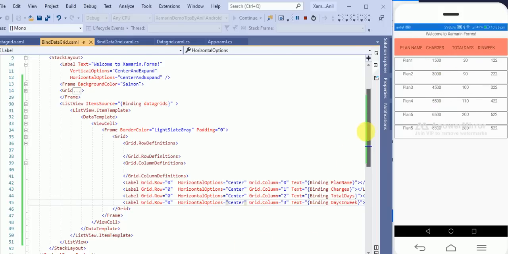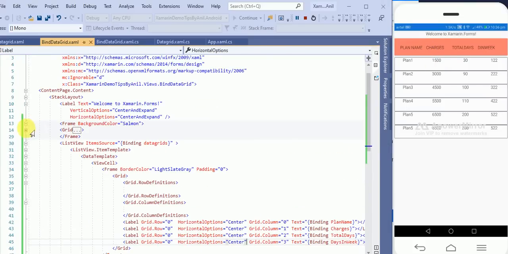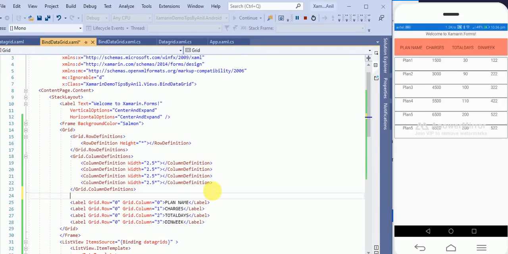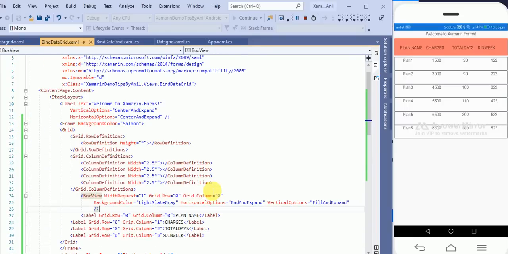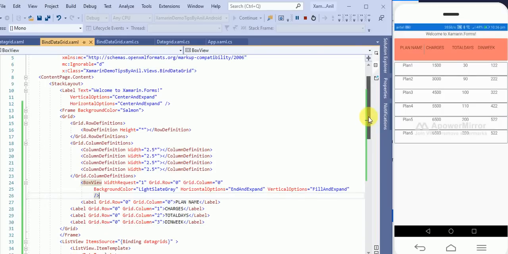But now we want everything in a box. Then for that we have to define BoxView. So basically BoxView will create a box for every cell. So here first we will define a BoxView for this.